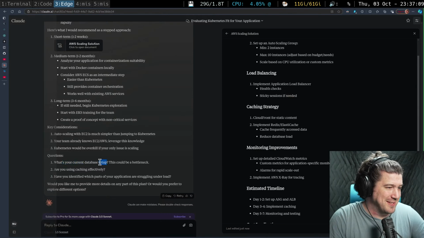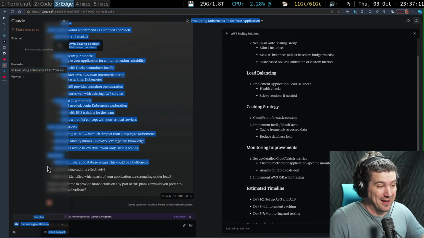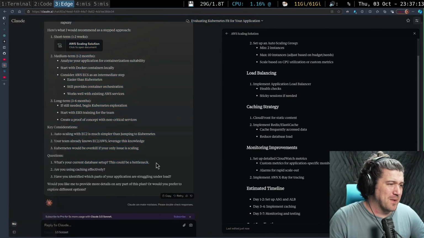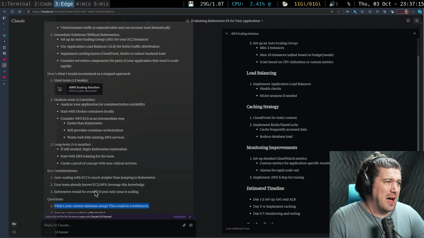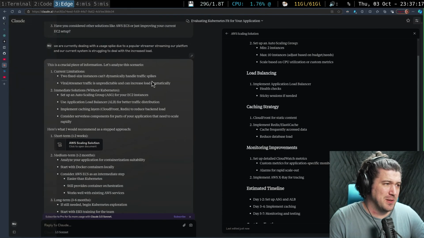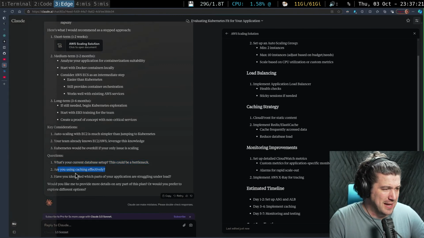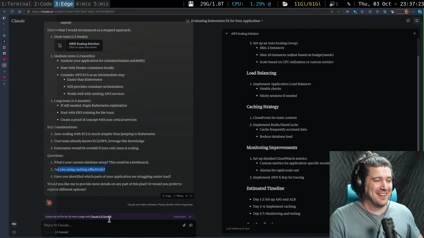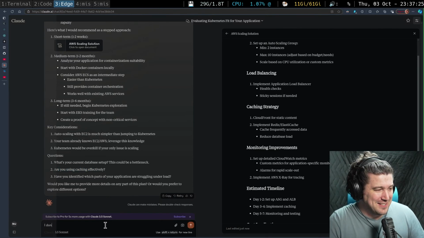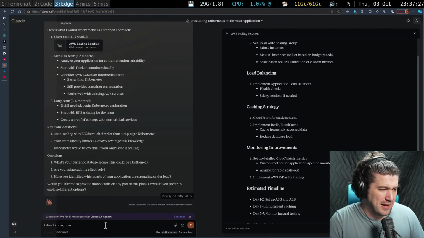What is your current database setup? This could be the bottleneck. Oh, that's actually pretty good. I forgot that I'm always used to questions at the top. So I feel like if you're answering without the questions, are you using caching effectively? I don't know. How would I tell if I am caching effectively?